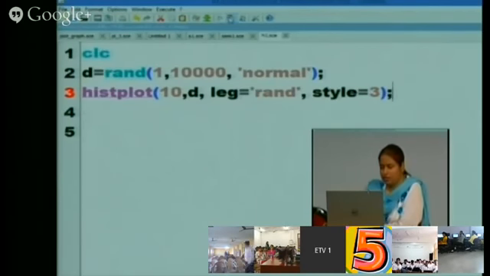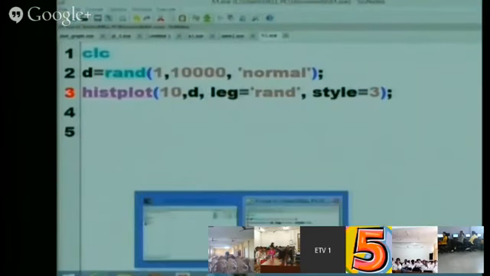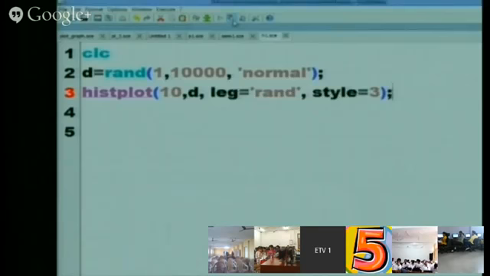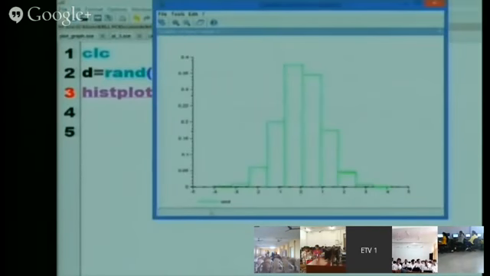Let us see. So this way, this legend, as you can see here, is being created, rand, and the color of the graph is being changed.